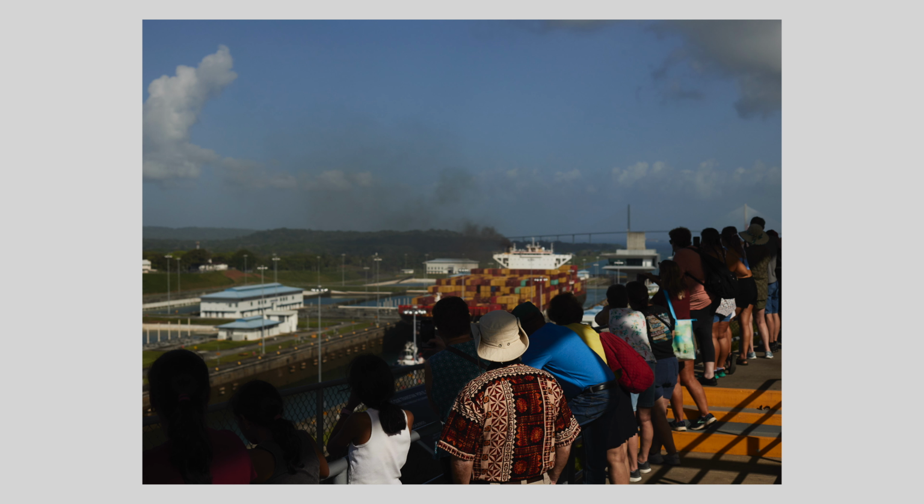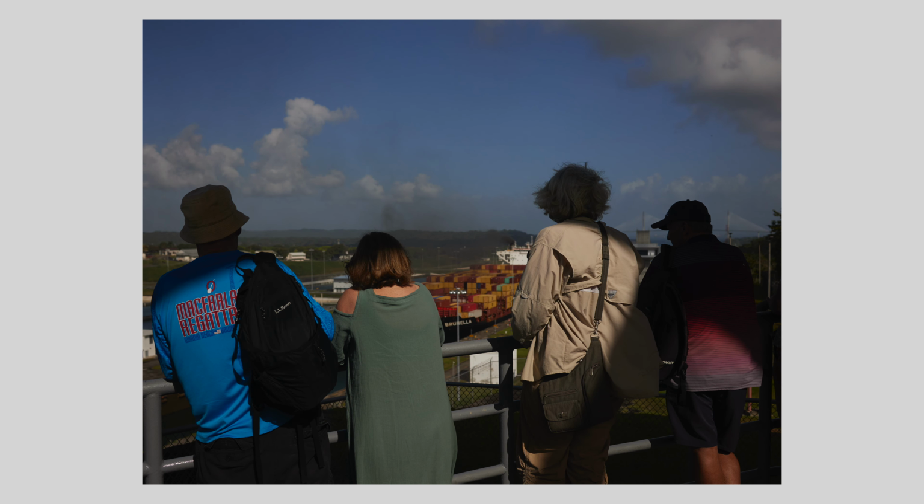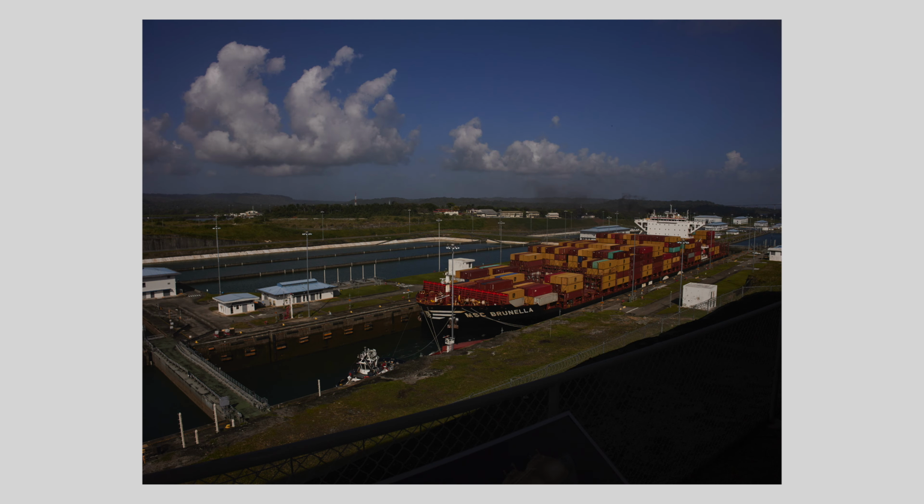We ended up doing a Viator cruise line excursion that went to the rainforest, San Lorenzo Fort, and the new expansion of the Panama Canal. A Panama Canal cruise has been on my bucket list for a very long time. The tour included a trip to the Panama Canal